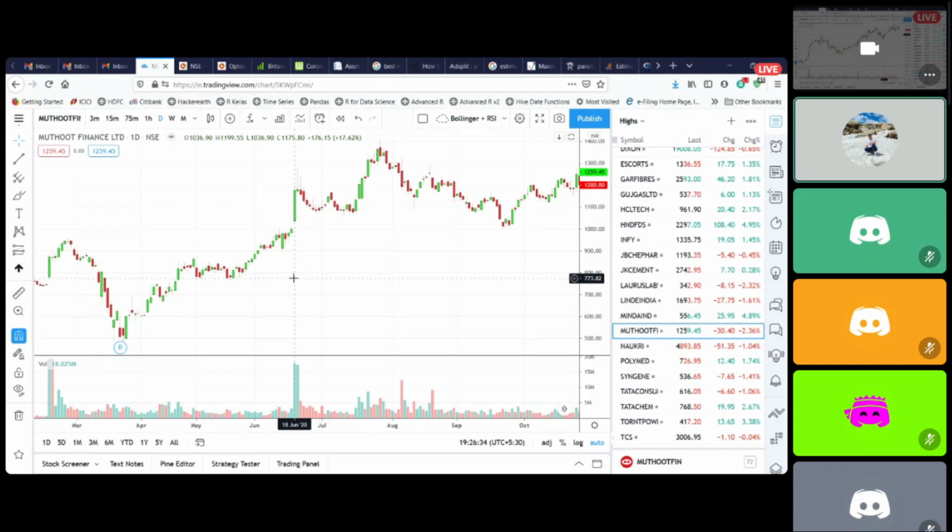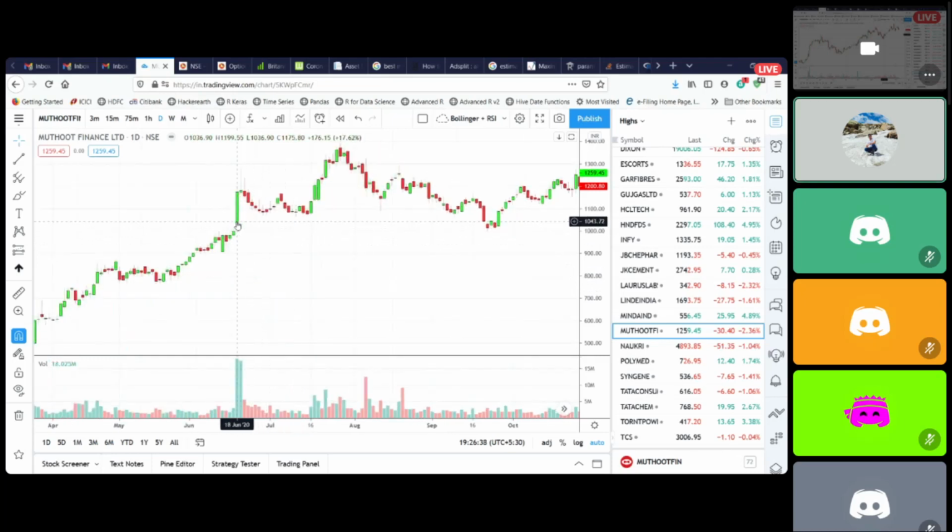No, but our positions are always at the support zones. This gap up definitely happened, but then where do you define the support here? Support is almost always below the closing of the gap. So if you initiated a position at 1180, your stop loss would have been below 1000. That is an 18% stop loss.